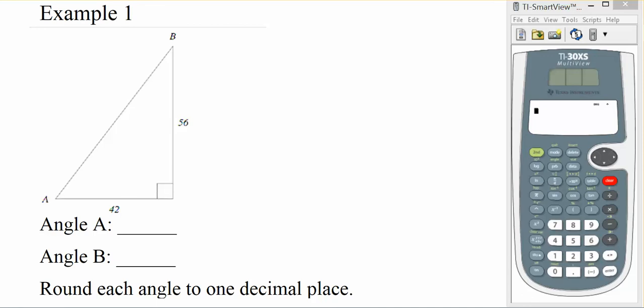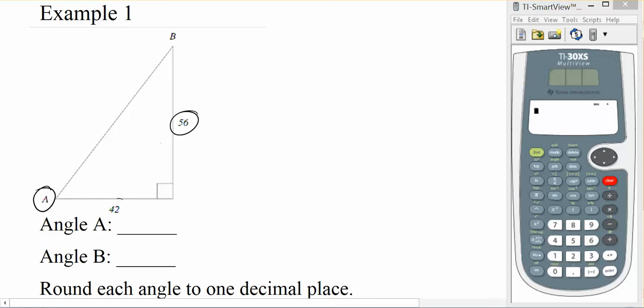So now let's talk about trying to figure out what the angle is in a right triangle if you don't know either one, but you know some side lengths. Now the way we're going to start off approaching this is similar to how we were finding missing side lengths. We're going to identify what we're trying to find, what we have, and write a trigonometric equation related to that. So for instance, in this one, we're trying to find angle A.